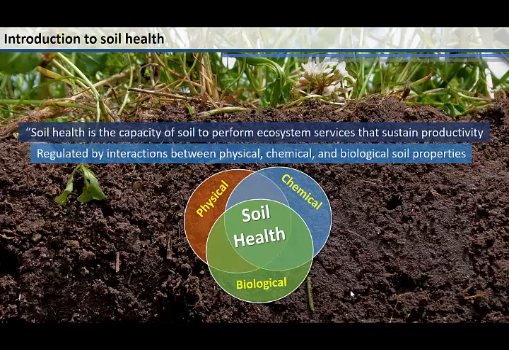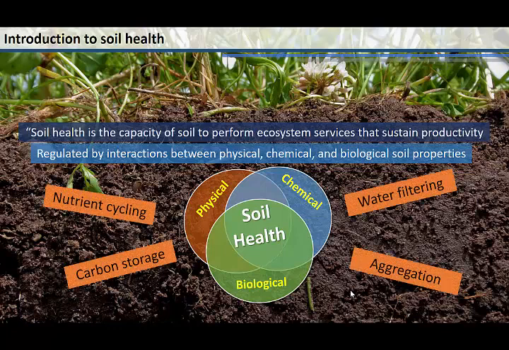sustain productivity in its soil. And basically those soil ecosystem services come from the physical, chemical, and biological domains of the soil. For example, they're regulated vital processes, and these are some examples here. For example, water filtering. The soil acts as a filter for water, filters out those nutrients and provides them to